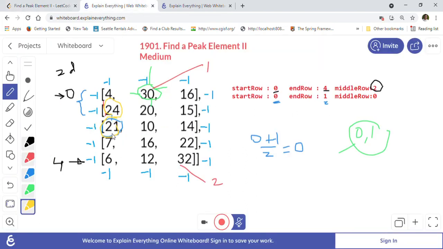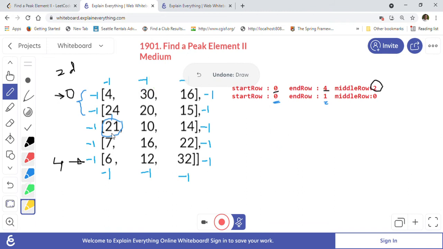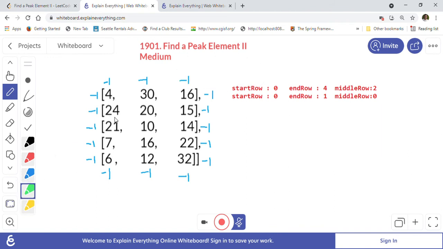Let me clear this so I can show you clearly. This is a lot of things we put. What they are saying is, when we started we are here, and 21 is the maximum element for the middle row we find.